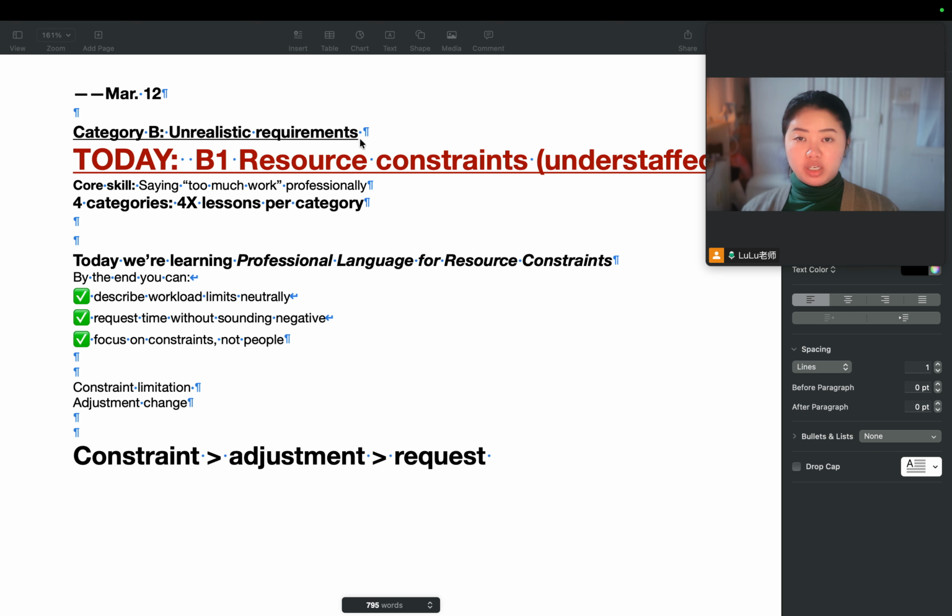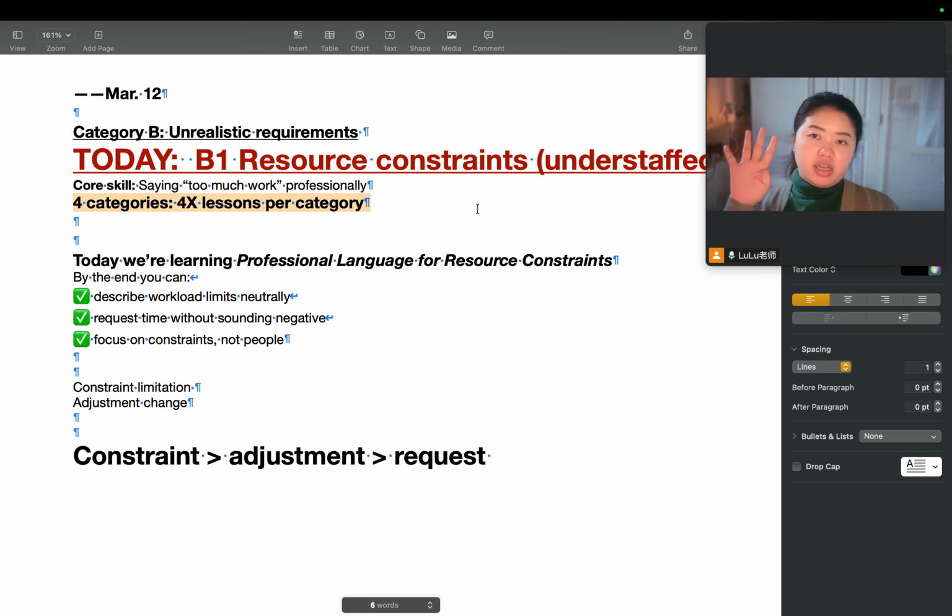We have just finished Category A. Today is the first lesson, B1 of Category B, and it's called Resource Constraints, specifically for understaffed. The core skill we will learn today is to say too much work in a professional way. Like I've mentioned, there are 4 categories in total for all of these difficult problems to deal with at work, and 4 lessons per category, totaling 16 lessons in this